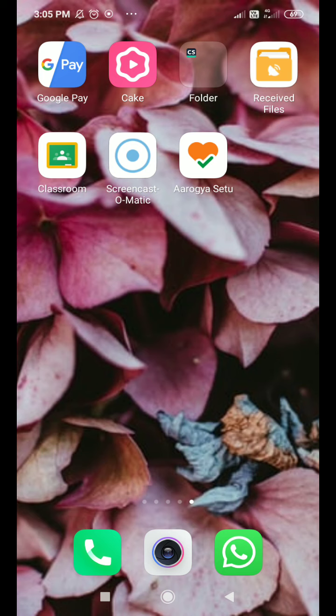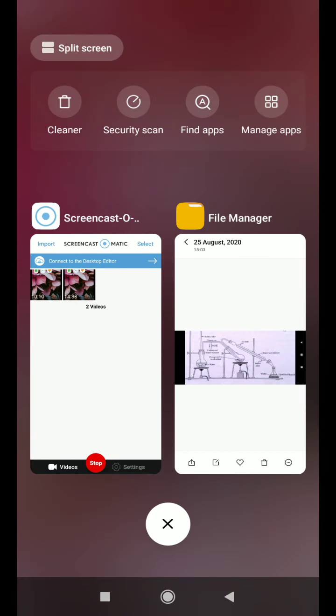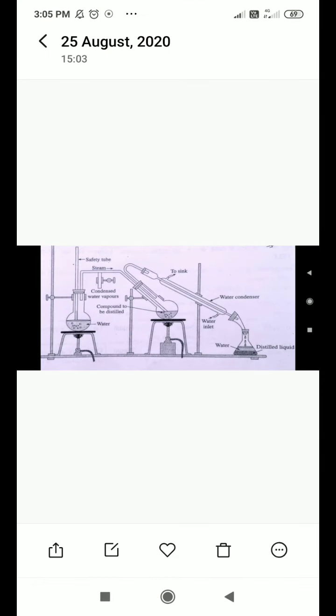In the last practical, we discussed the recrystallization technique. Recrystallization is one type of separation technique. What are the different methods through which we separate our organic compounds, etc. Now we will discuss steam distillation.